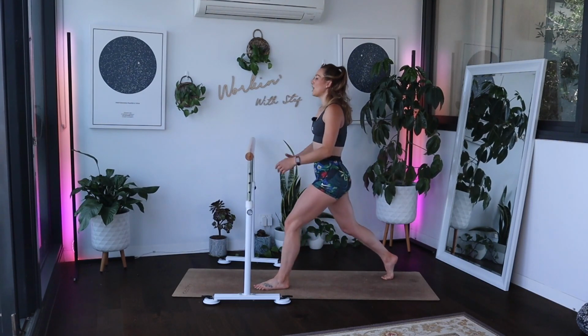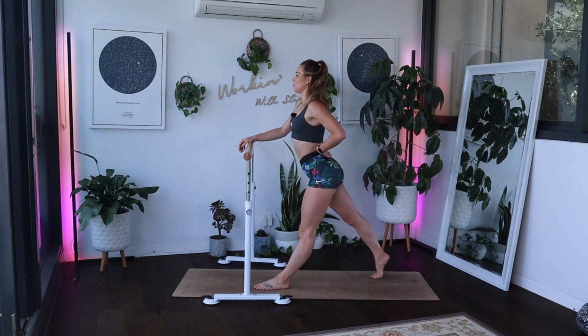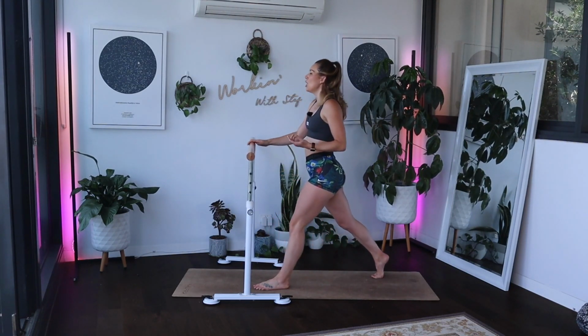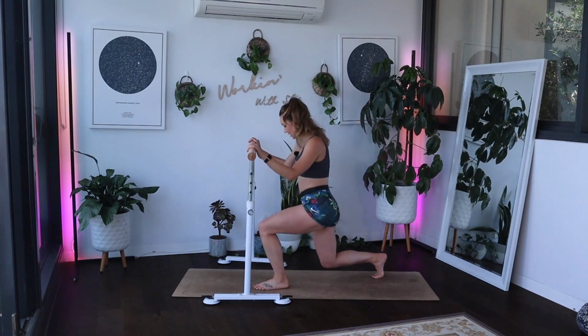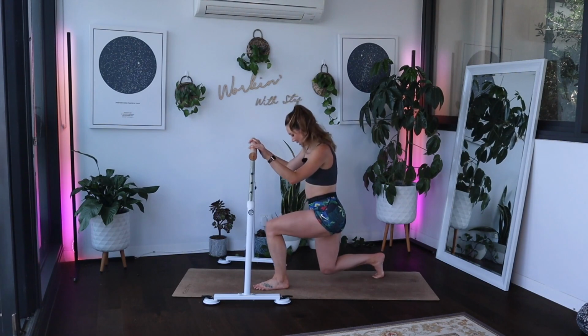Try and lengthen your spine here, which means your butt isn't sticking back like this. We want to keep it under. Down, up, move a little faster. 8, lift, 7, lift, 6,